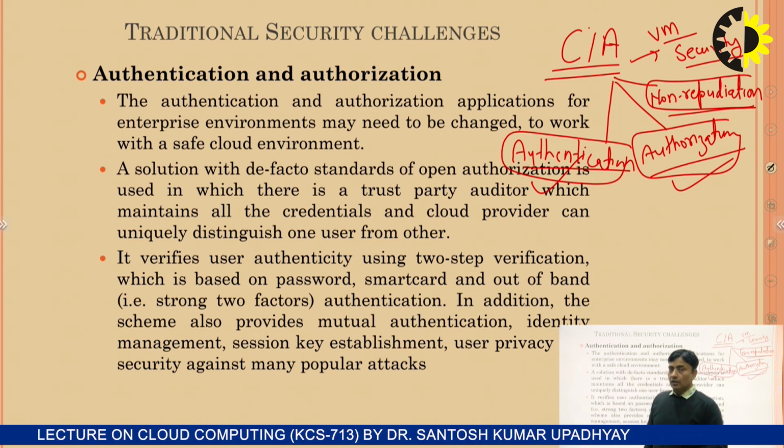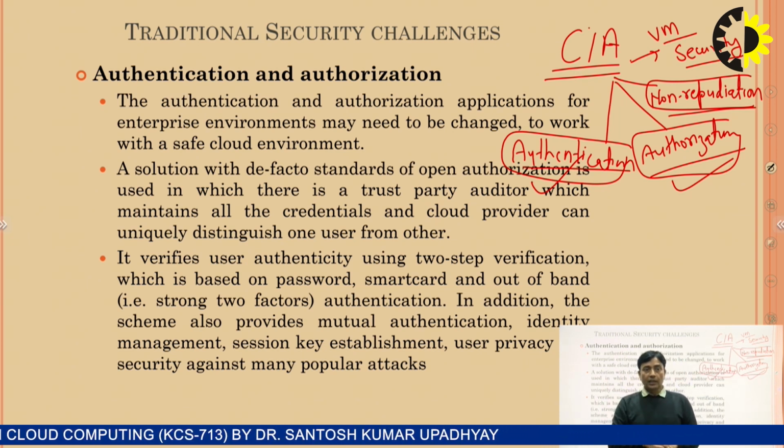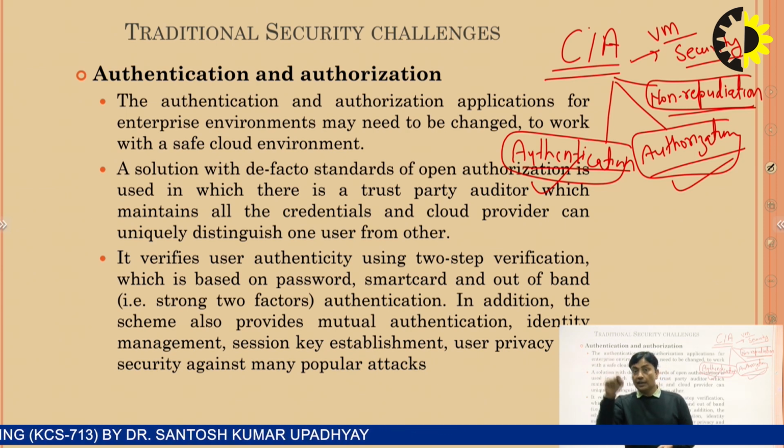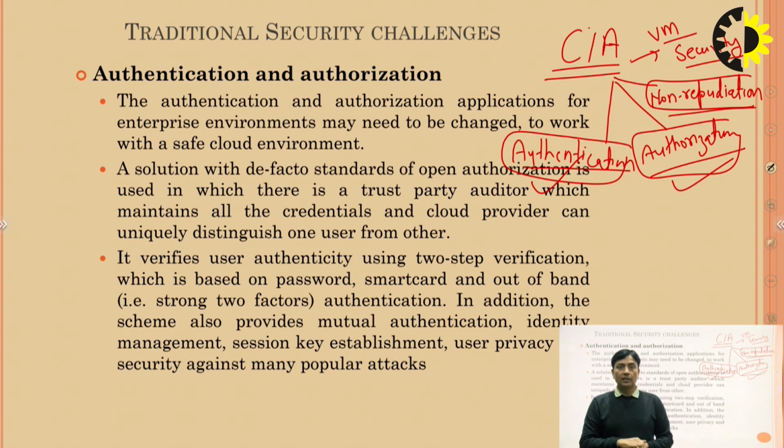Again, this is the process of authorization: in which class that student can sit. If that is a student of CSE, third year, then they can only sit in the CSE third year class. This is the authorization. Okay. Authorization means whenever you enter the system, it decides which type of functionalities, which type of data, and which type of file information that particular user can use. Authentication is the first requirement to enter the system, and authorization is the next requirement, deciding which type of resources and files you can use.